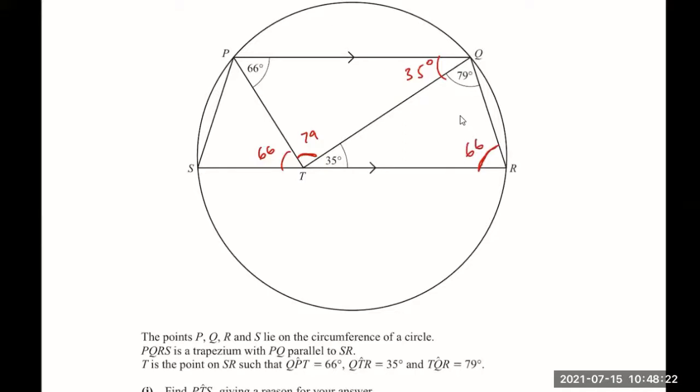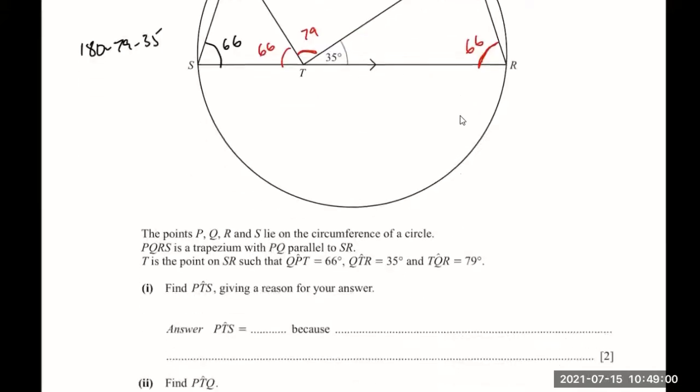And if I want to calculate this angle, I could say that this is a cyclic quadrilateral. So this would be 180 minus 79 minus 35. What does that give me? It gives me 66 again. If this is 66 and that is 66, then I can calculate this one as well. 180 minus 66 minus 66. 48. Okay, so I've solved the entire circle right now in front of you without even looking